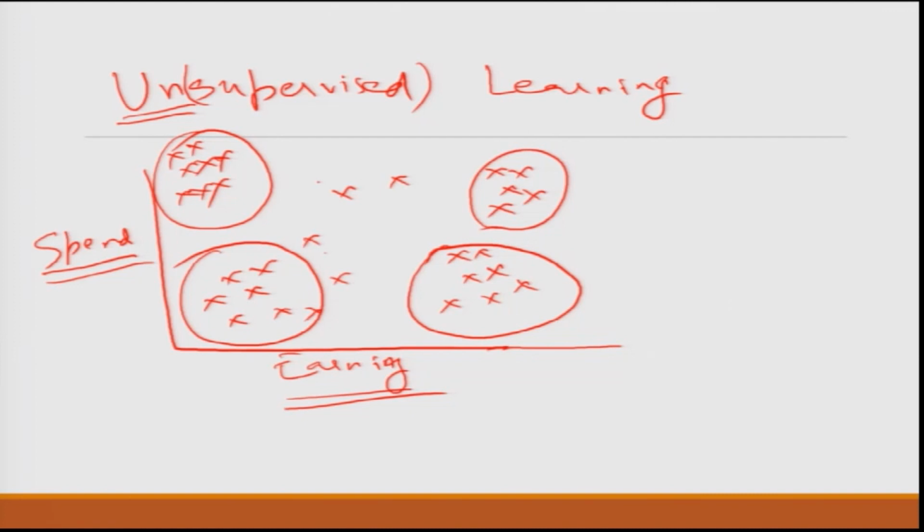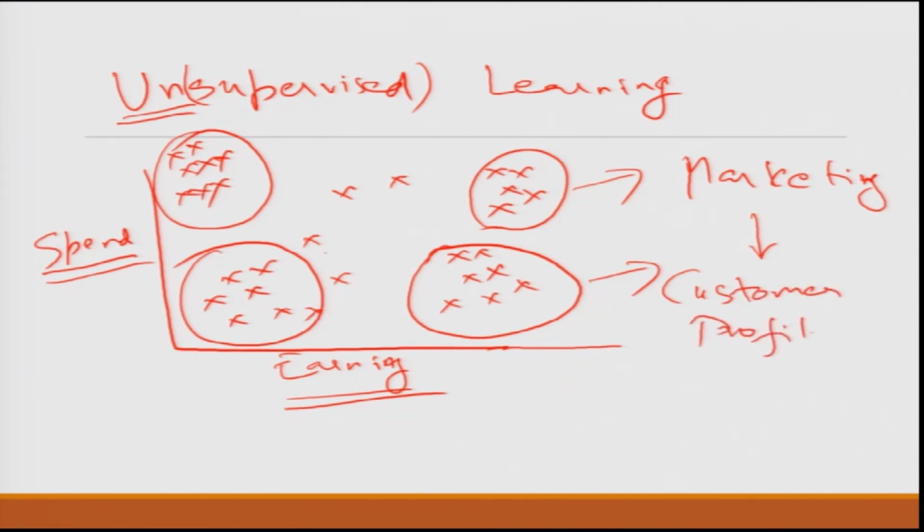Now this is the way we look at data and try to understand. This is what we call seeing the forest among the trees. Just looking at these patterns, finding out what the data looks like, and bringing meaning out of it, this is what unsupervised learning is. This is very, very popular in marketing, where they do customer profiling, and this is a very powerful tool used there.